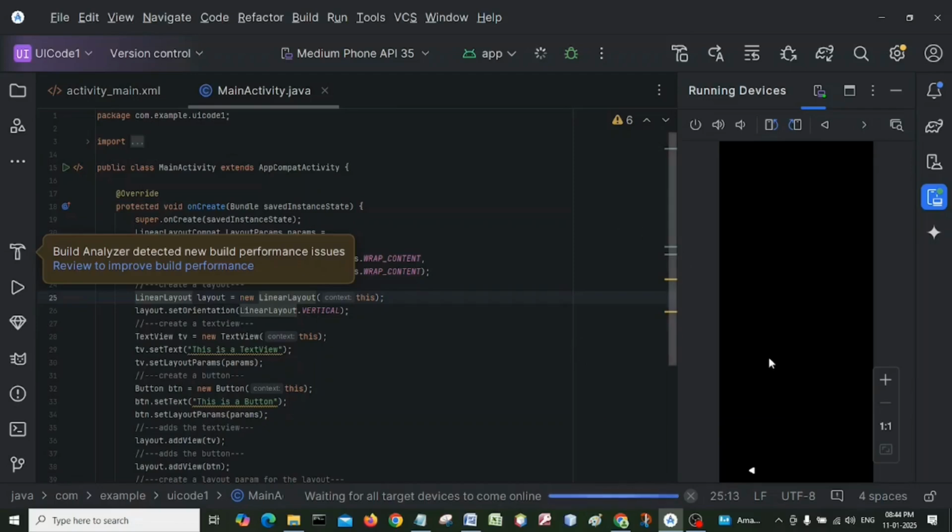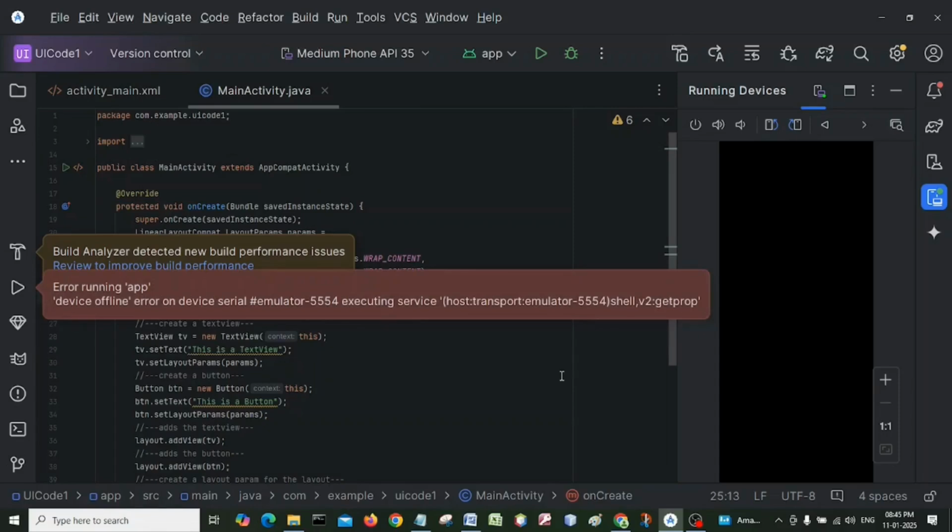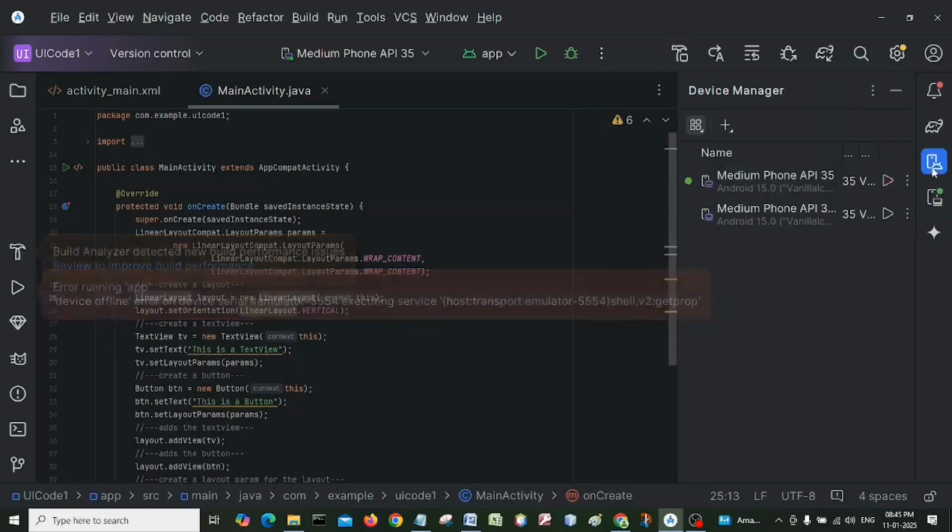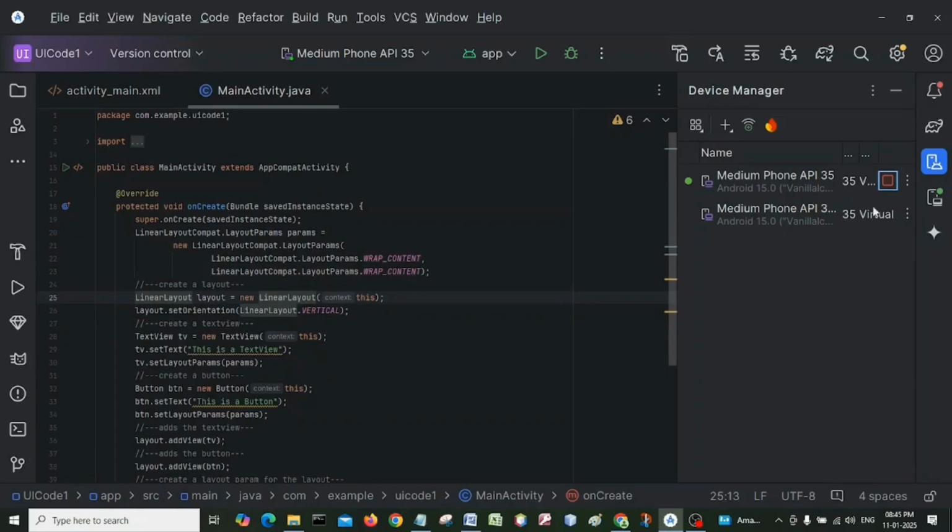Okay, so we have to wait for what is displayed on the app in the virtual device. As per our coding, we will be viewing only a text view and a button on the virtual device. Since we are having an error, the device is offline, so we have to start the device. So go to the device manager and we will start this